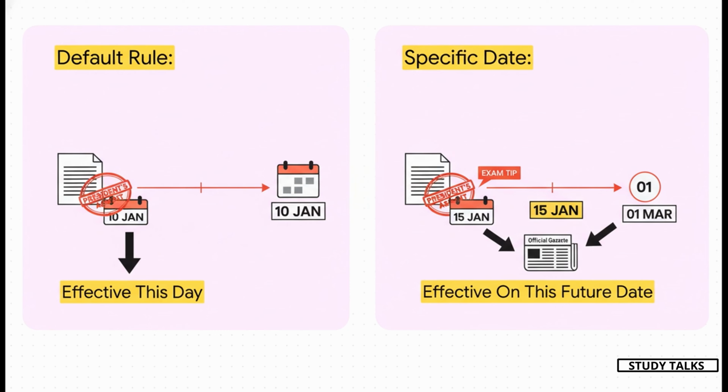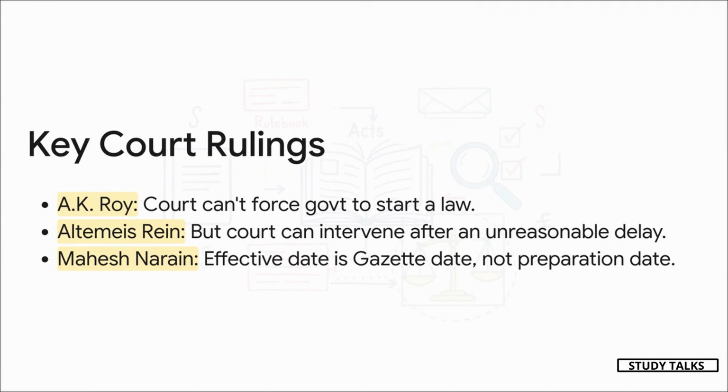However, and this is the key part, if the notification in the official Gazette says this act will begin on so-and-so date, then that is your answer. The specific date mentioned always wins. So if regulations are signed in August, but the Gazette says they're effective from January 1st, then January 1st it is. Now, you know ICAI loves to test the little details, and that's where case law is super important.